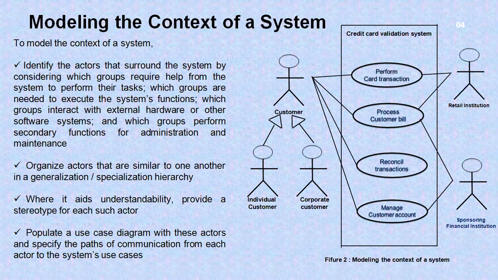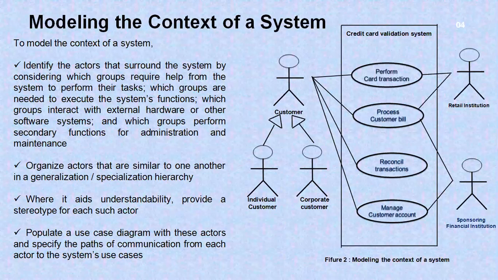The things that lie inside the system are responsible for carrying out the behavior that those on the outside expect the system to provide. In UML, we can model the context of a system with a use case diagram which emphasizes the actors that surround the system. Deciding what is included and what is not included as an actor is equally important, because in doing so we specify the classes, the things that interact with this system.